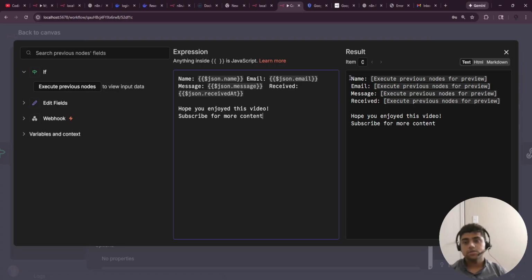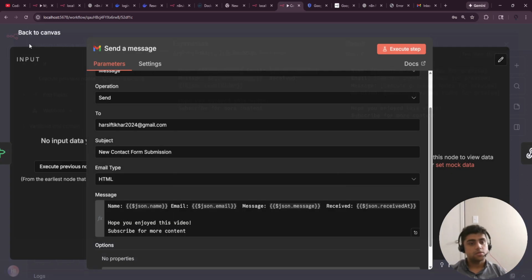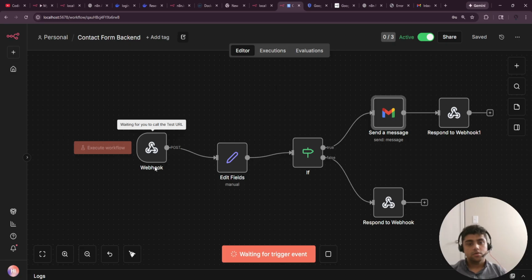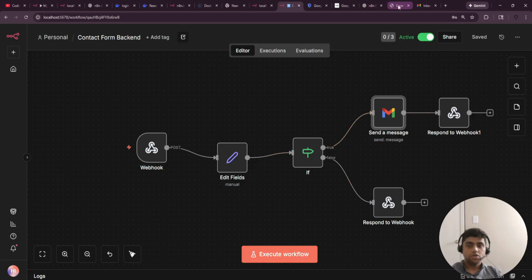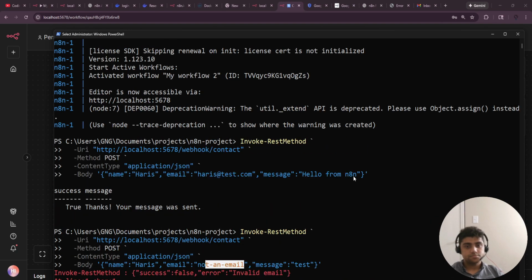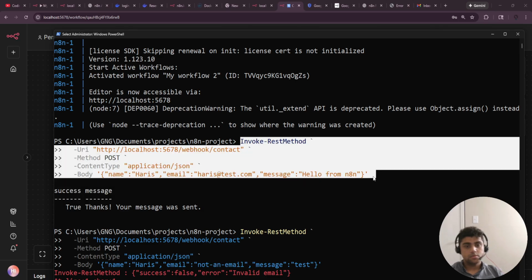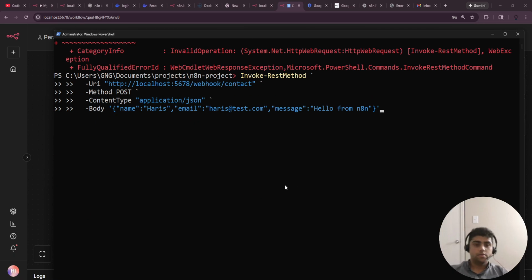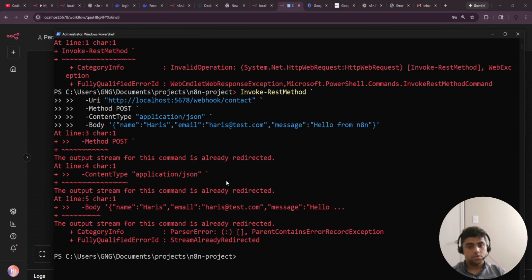Okay. So let's see if I do that, and back to canvas, and we save and we execute workflow. You can see over here waiting for you to test the URL. Now again, you don't have to do that, but you can just go ahead and just run the command like this, just like this one right here. And when I send it, so you can see over here, post, the output stream for this command